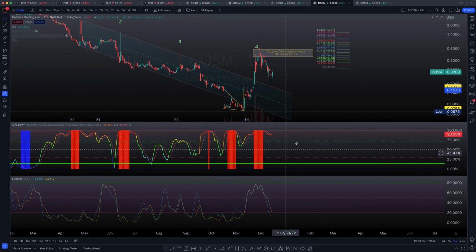New viewers, new listeners, what we're looking at here is volatility represented by this indicator, BBWP. Volatility is direction neutral. We pair it with a stochastic momentum indicator, which in this case is proprietary to TradingView software,